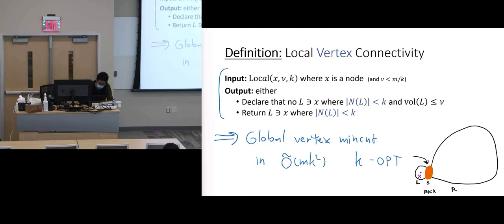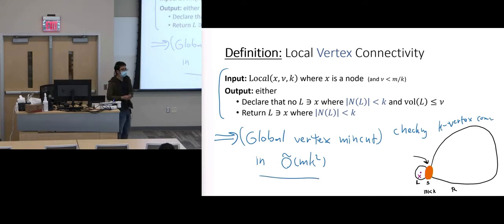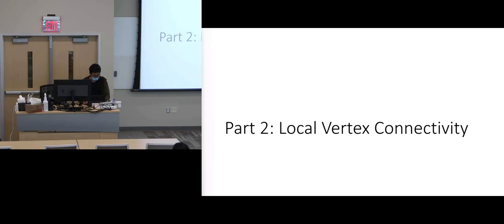Or okay, maybe I should say, instead of this, checking k vertex connectivity in this time, and the strategy is going to be very similar to what we did for the directed edge min cut, right? So there will be two cases. The case when the cut is balanced, like if the cut is very balanced,